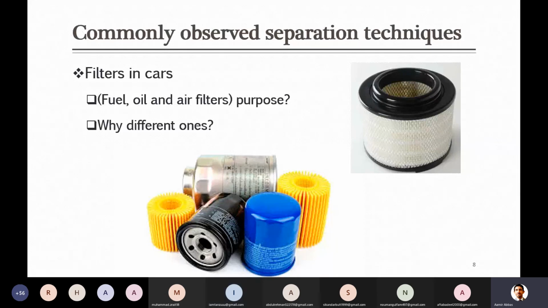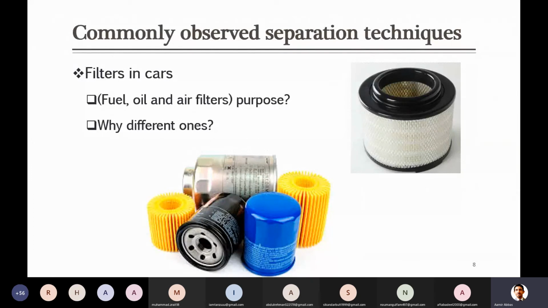Good. So it is based on the properties of your fluids. In the case of air, there will be a maximum of dust particles, so you have to screen them, and air can even pass through very small pores, so that filter should have very small pores compared to the others. For example, if you compare fuel oil and oil, oil is highly viscous as compared to fuel oil. Fuel oil here means that which is used as a fuel, either gasoline, which we call petrol, or diesel. The other oil, mobile oil, is highly viscous.